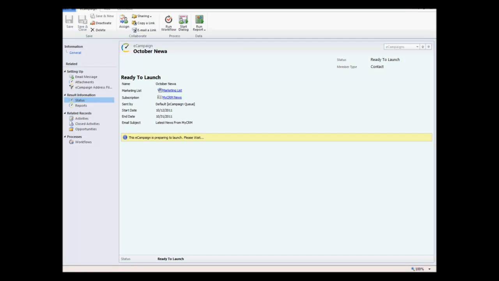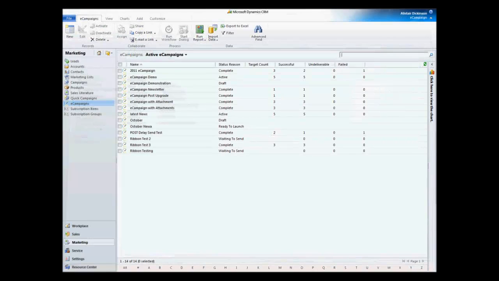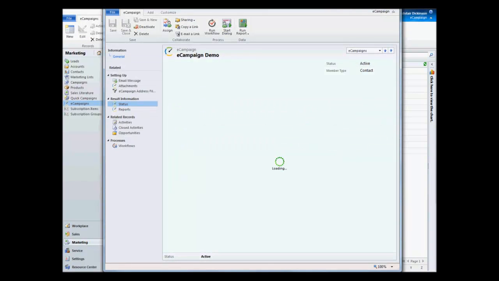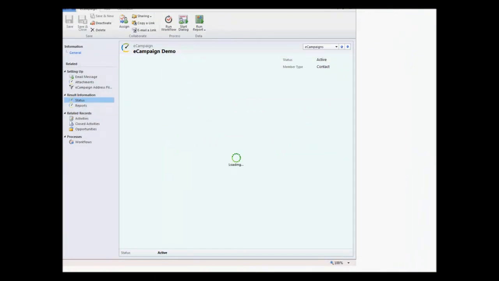What's going to happen now is the workflows will start processing that campaign and start sending the emails out directly from CRM using the email router. What I am going to do is just close this one down and open up one I set up before. Expand that window out,